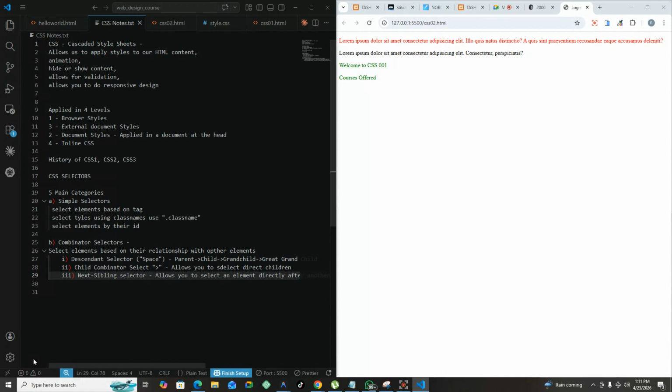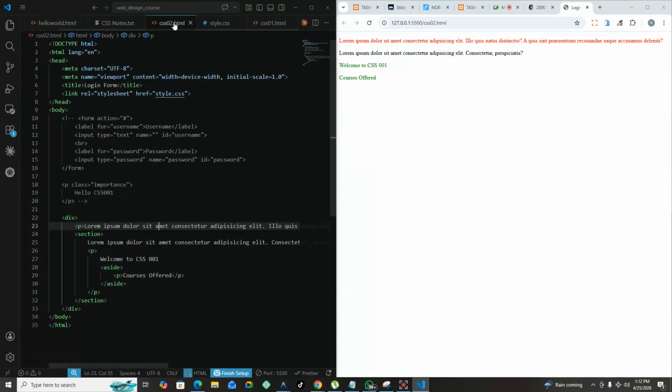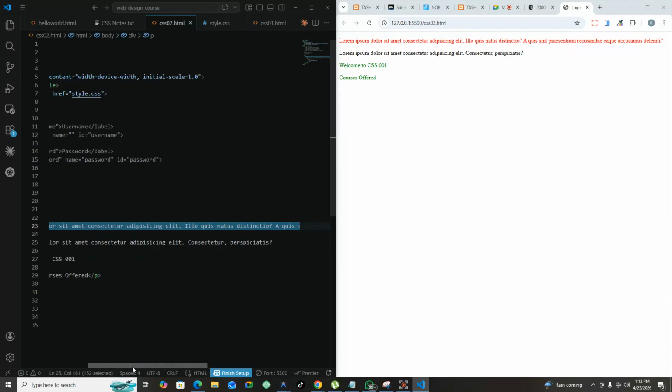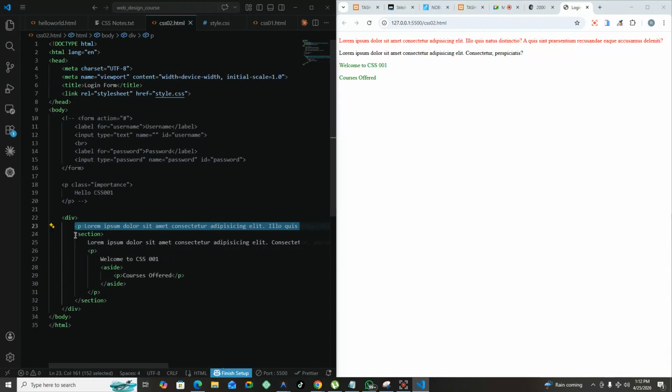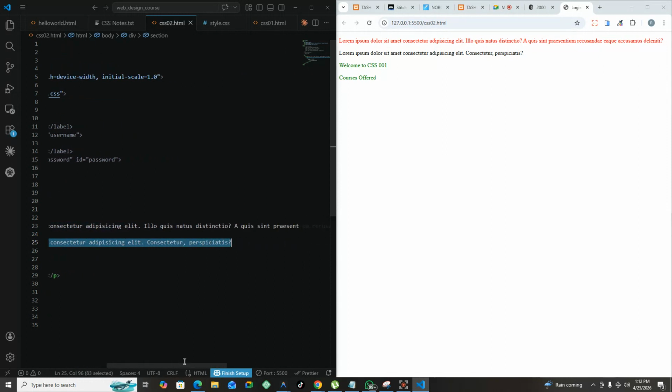So for next sibling, they have to be siblings, which means they have the same parent. And of course, they have to follow each other. So a very classic example would be something like this. If I wanted to target this section, this section and this paragraph share a parent, which is this div. So if I wanted to access this section and maybe change its background to a different color,